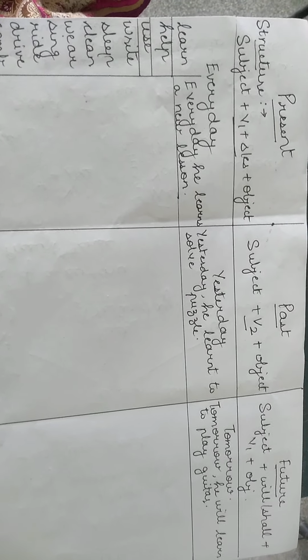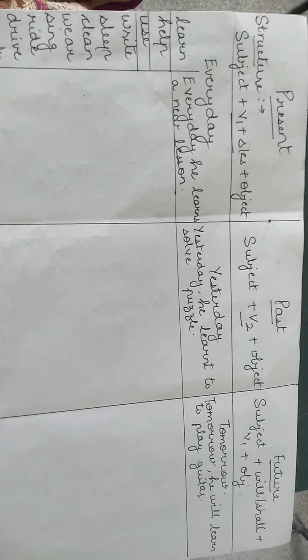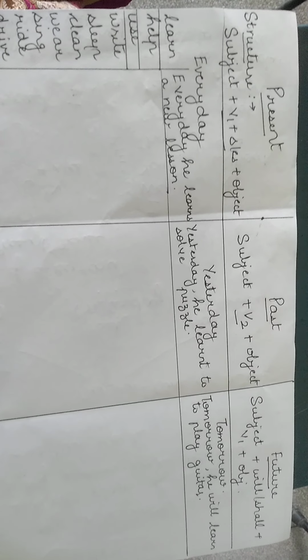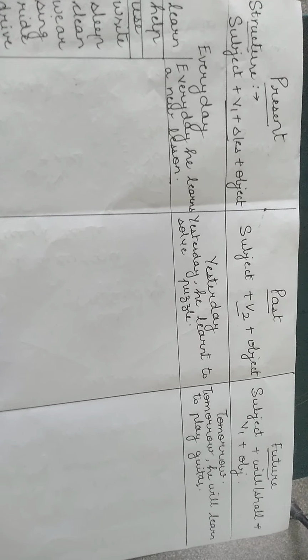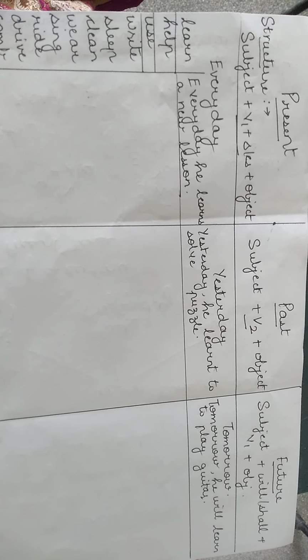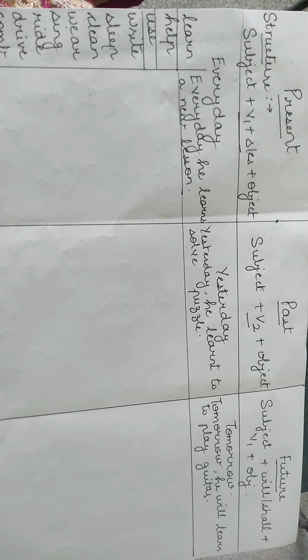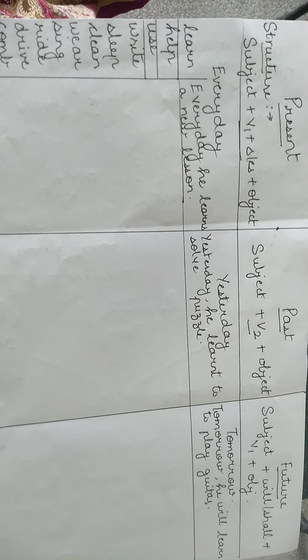So when we convert sentences into simple past, we have to follow the structure: subject plus verb second form plus object. And when we convert it into future, we will be using subject plus will or shall plus verb first form plus object. So I'm making the sentence using the words